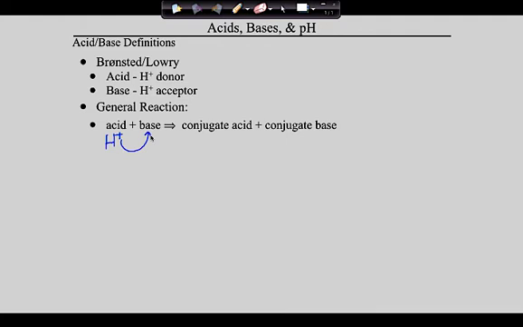What happens from that is the base now has an extra hydrogen that it didn't have before, and because it's got an extra hydrogen, it actually looks like an acid. And we call that the conjugate acid, and then the acid, having lost the hydrogen, is now missing a hydrogen, meaning it could take that hydrogen back in, making it a conjugate base. And this was the first concept that you needed to be able to think through and apply